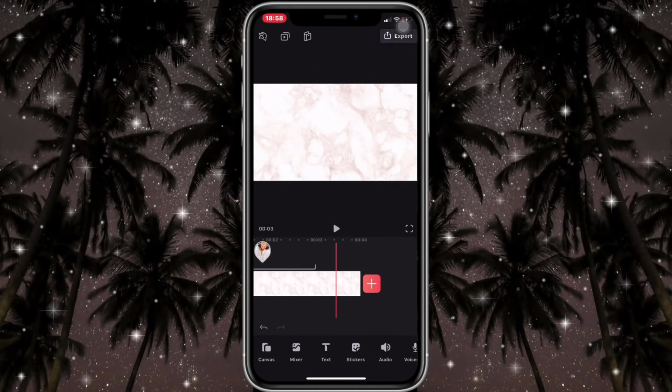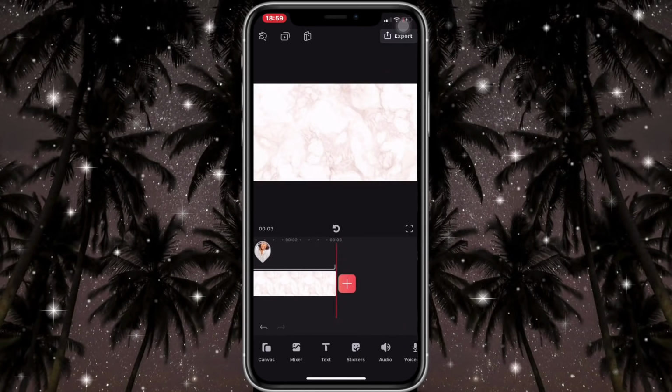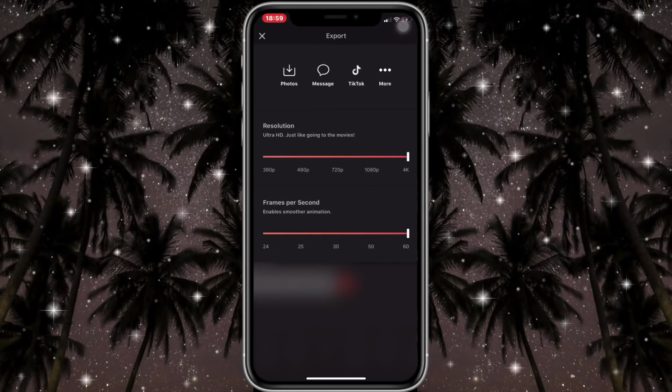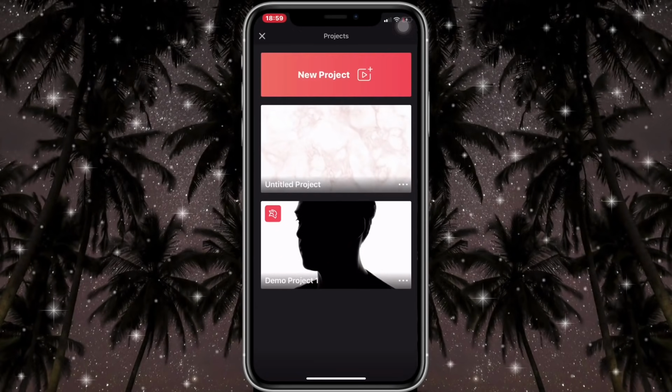Okay, we'll put it at 3 seconds. So I'm gonna click on this part right here, and I'm gonna put it to 3 seconds, just like the photos. Great, now we're gonna export this to our photos. Once that is exported, we're gonna click on this play button on top,